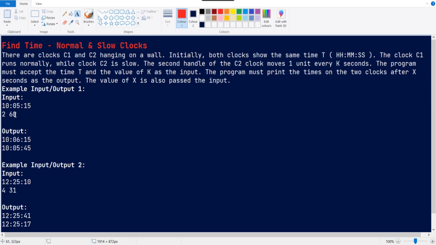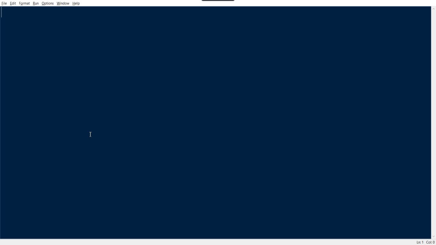For the normal clock, adding 60 seconds gives 10:06:15. For the slow clock, 60 is divided by 2 because it takes 2 seconds to move the needle, so 60 by 2 gives 30 seconds, and the 30 seconds are added to the initial time, giving 10:05:45. That's the logic behind this problem. Actually this is a simple problem if you understand the logic.